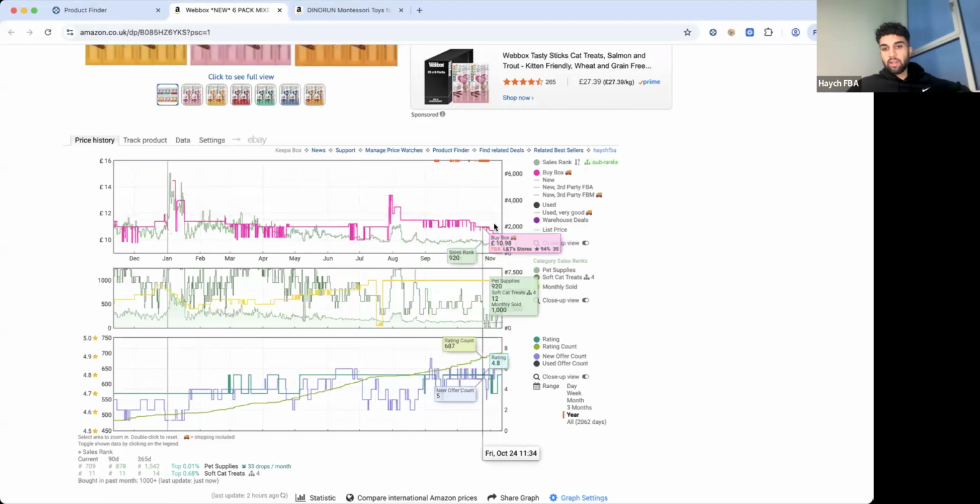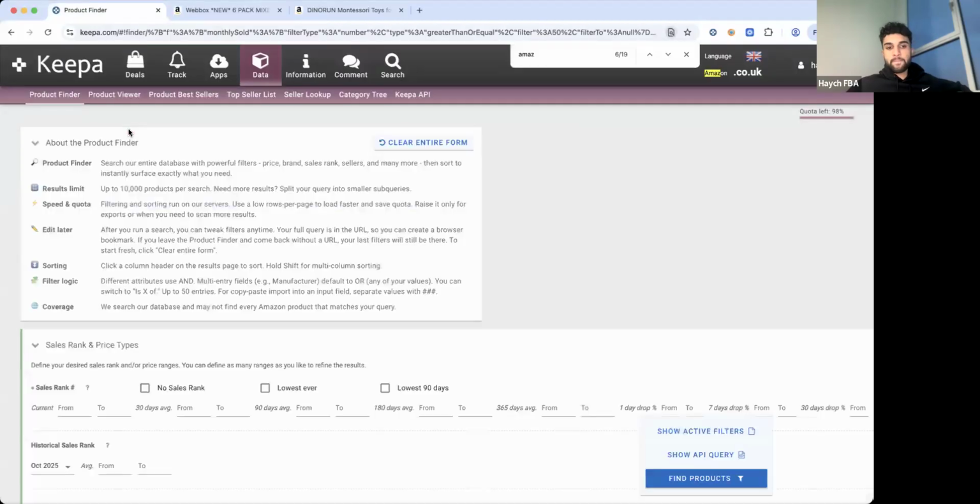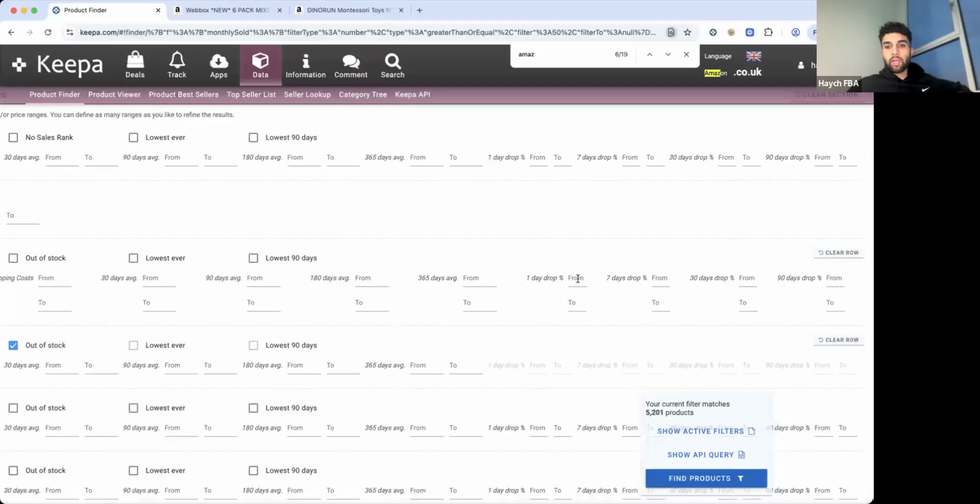Again, can you see that listing's tanking there? So we can go in and go back. And then when we look at buy box, we can look at the drop percentage. Obviously, we don't want to drop in the buy box, because that means the listing's tanking. So we can say we want it